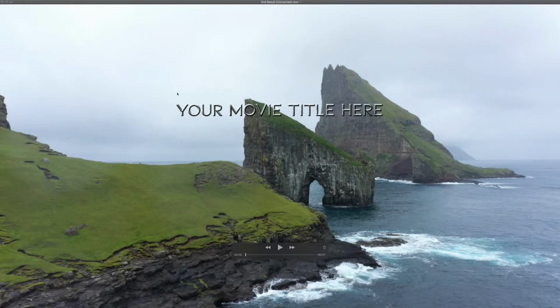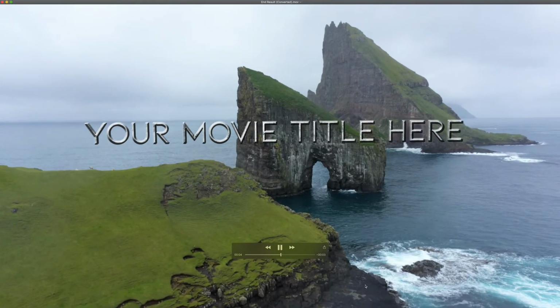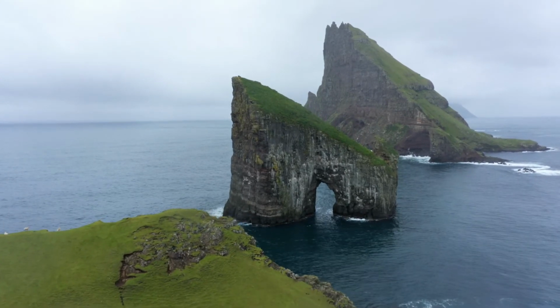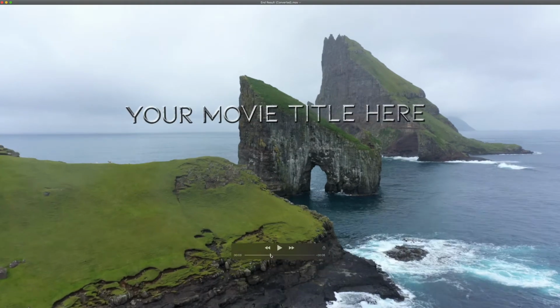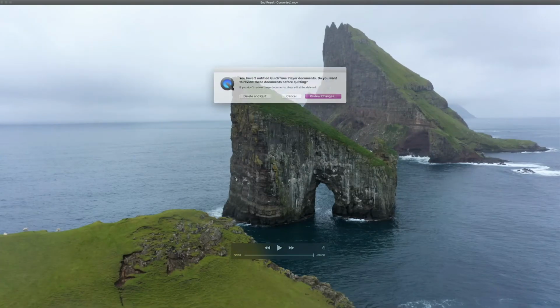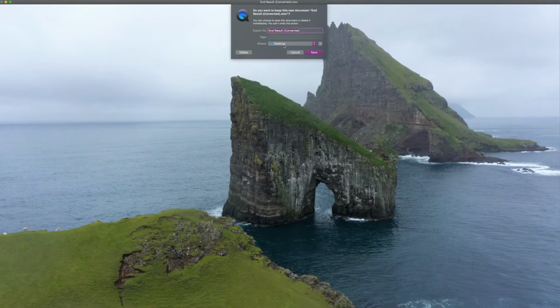Today we're going to go over some camera tracking techniques and how to make your text or any image that you'd like appear like it's physically in the scene. So here's an example of what we're going to create today. As you can see, the camera moves forwards. This is just a drone shot, and the text moves towards the camera as if it's in the 3D space. So nice. If we close that and head over to After Effects,